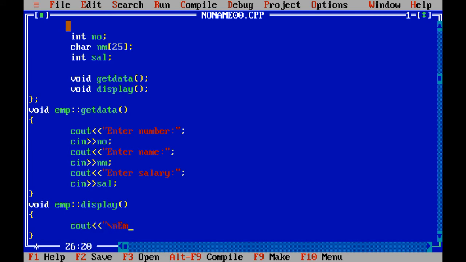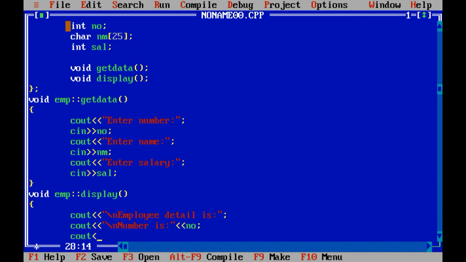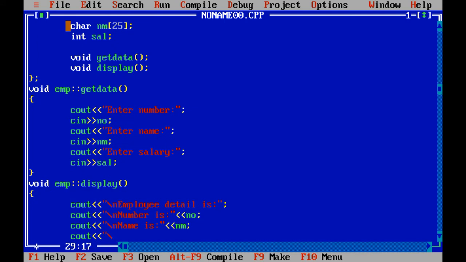Using the display function we are going to display whatever data we have stored inside the variables. So cout, employee detail is; cout \n, number is, number; cout \n, name is, nm; cout \n, salary is, salary.